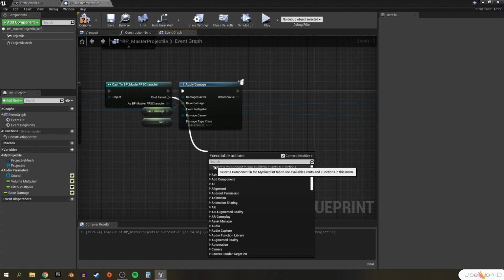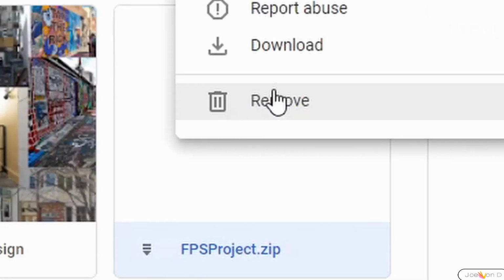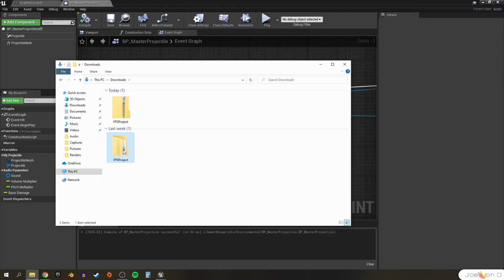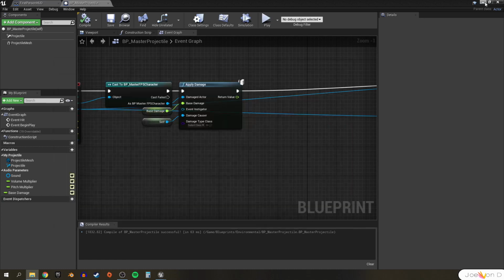In order to create the decal that we're going to use, you'll need a small asset pack that I put together, and it'll include all of the textures and audio that we'll be using for the rest of the tutorial series. I'll include a link in the description. You'll want to download it from my Google Drive, then unzip the contents, open up the folder, and we'll want to add these two folders to our project.